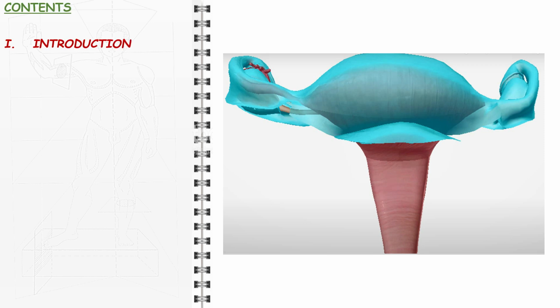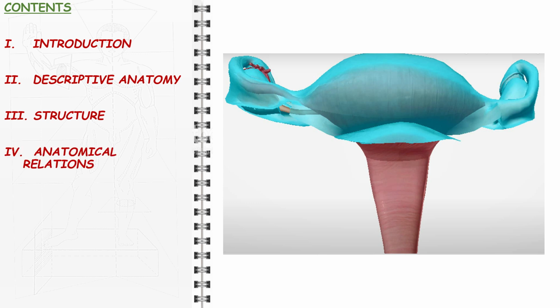Following that, we will focus on the descriptive anatomy of the broad ligament beginning with its general shape, then looking closer to its different portions. Next, we are going to say a word about its double-folded structure and its contents. Then, we will explore the anatomical relations that each surface of it establishes with the different compartments and fossae it forms before summarizing.